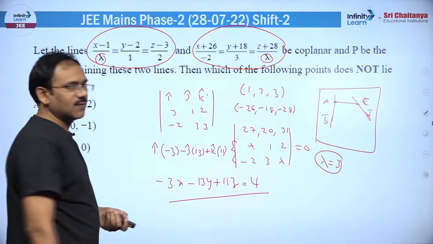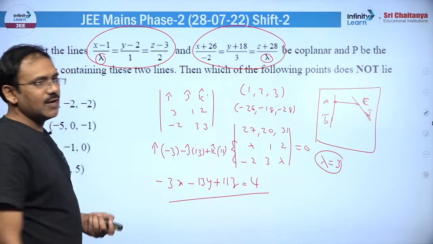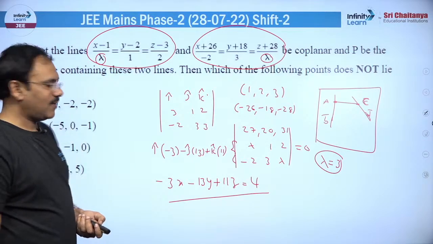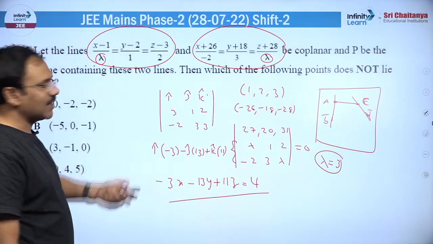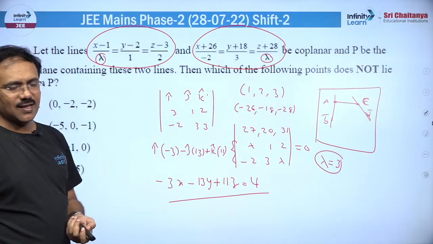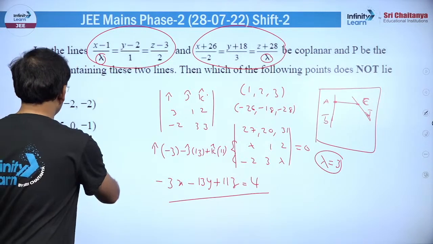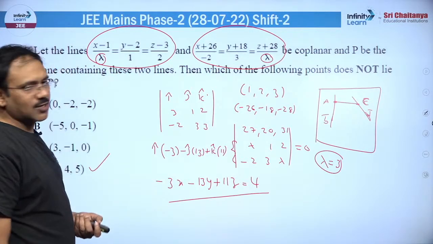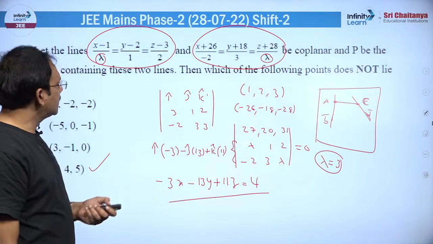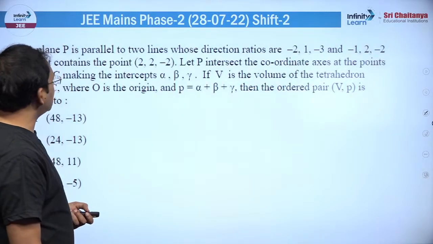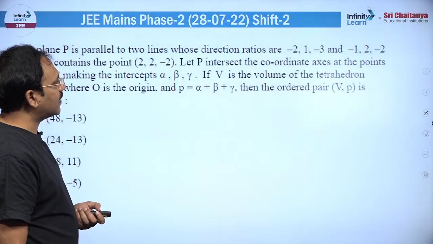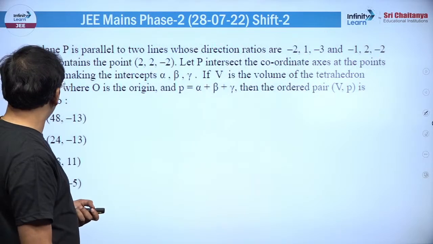This is the equation of the plane, and now you can verify and you will see, my dear friends, which point lies on it. That's it, you will get the answer. So this point will be the answer, this does not lie. Okay, simple. Next one: a plane P is parallel to the two lines whose direction ratios are given and